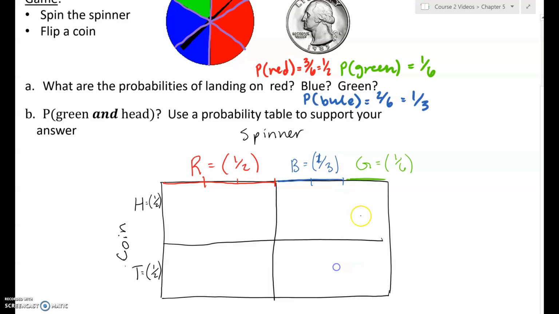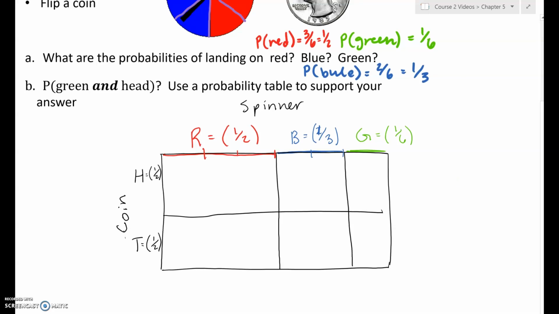And you'll see that green is much less likely to get. All right, those areas are not equal. Those areas are not equal because it's less likely to get green than the other things. So here, what's the probability of getting